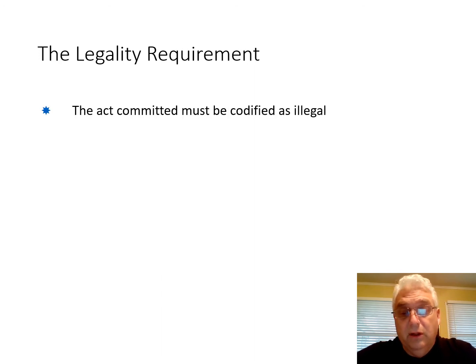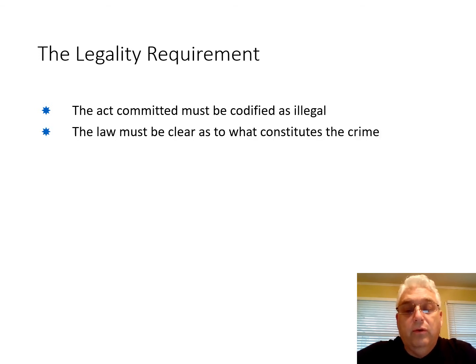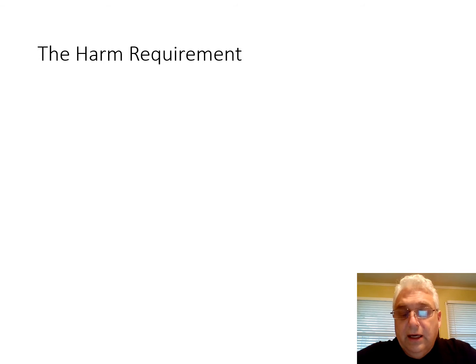All right? The second is the legality requirement. Well, basically, there has to be a law that says the act that was committed was in fact illegal. But more importantly, the law must be clear as to what constitutes a crime. So now, of course, one strategy a defense lawyer may take is to argue that the law is unclear on what constitutes a crime of the action that's being brought before a judge. But normally this is really done more on appeal than in a procedural trial, which is actually what we're going to talk about here. So let's just assume that in the cases we're talking about in this class, both the act and legality requirements have been met.